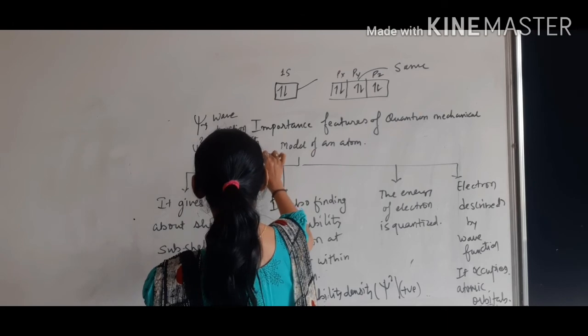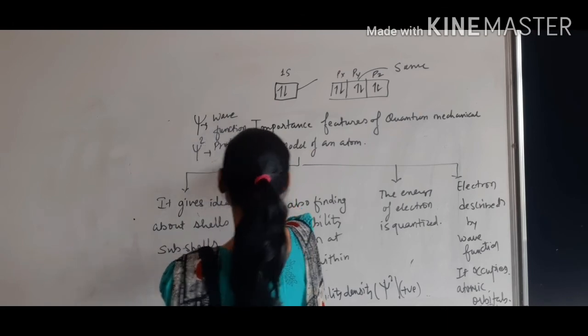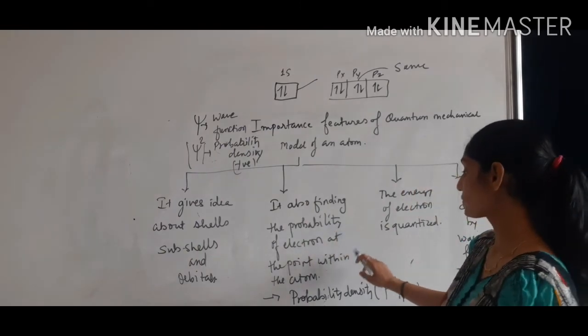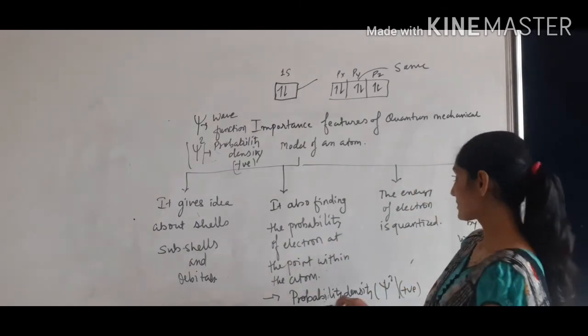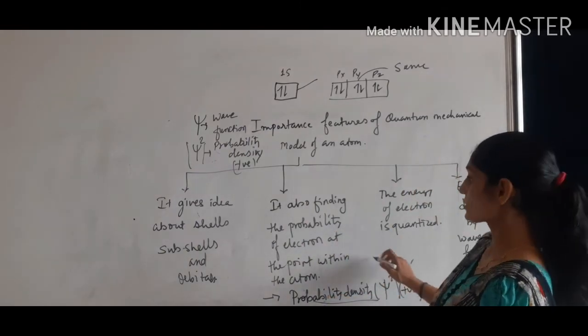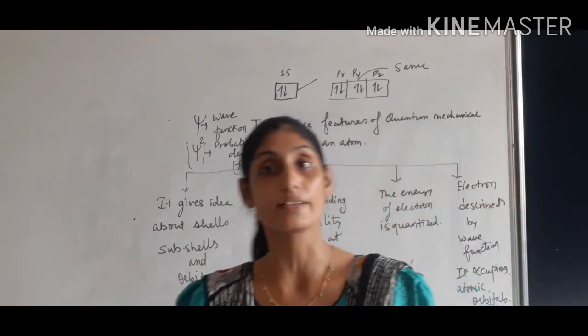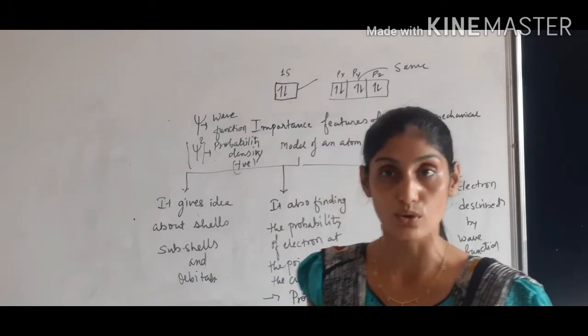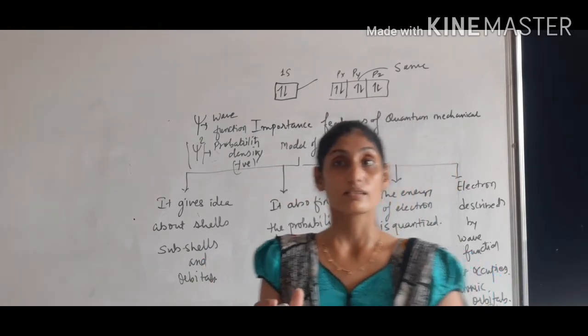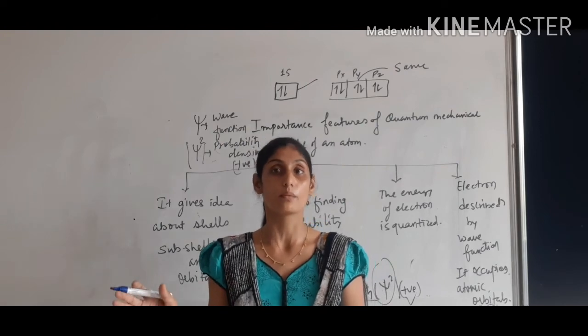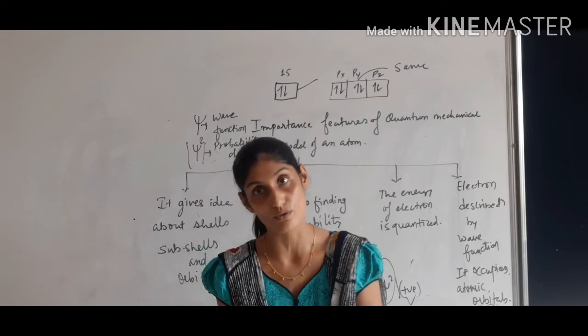And it is always having a positive value. So when we talk about the probability of finding an electron at a particular point, which is known as probability density, it is denoted by psi square, and it's always positive. अगर वो जीरो हो रही है तो वो नोडल सरफेस हो जाएगा, वो नोड हो जाएगा. एस ऑर्बिटल को छोड़ के सारे जो भी ऑर्बिटल है वहाँ पे probability density is always equal to 0.